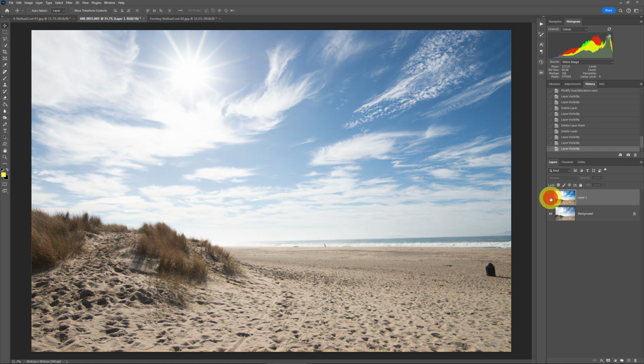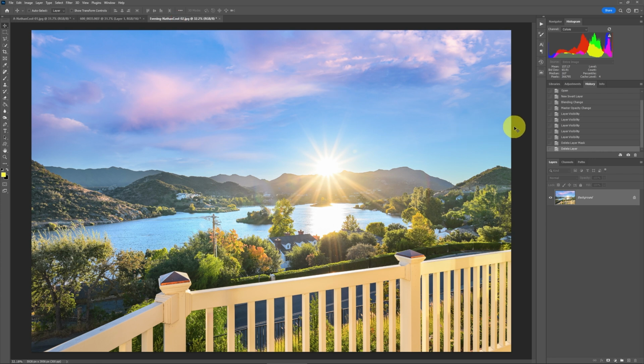If we were to come straight out of camera, it's an extremely dull, raw file. So we'd want to pump that up a little bit and probably remove the trash cans as well. But also then taking a look at one of my favorite shoots this past year, and that was over here at Lake Sherwood. I got to spend the evening at this house, had it all to myself with great views,